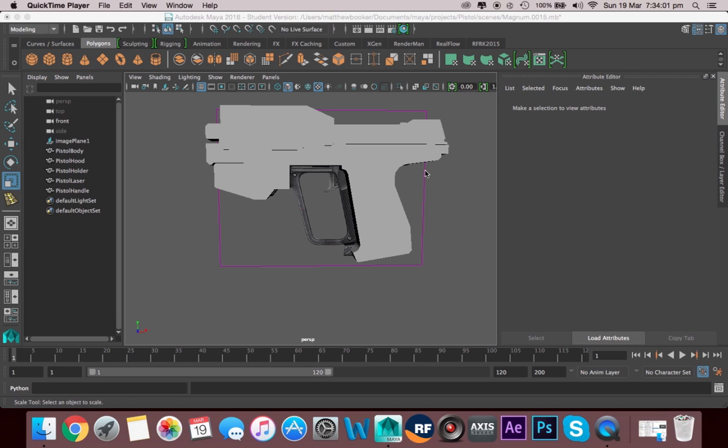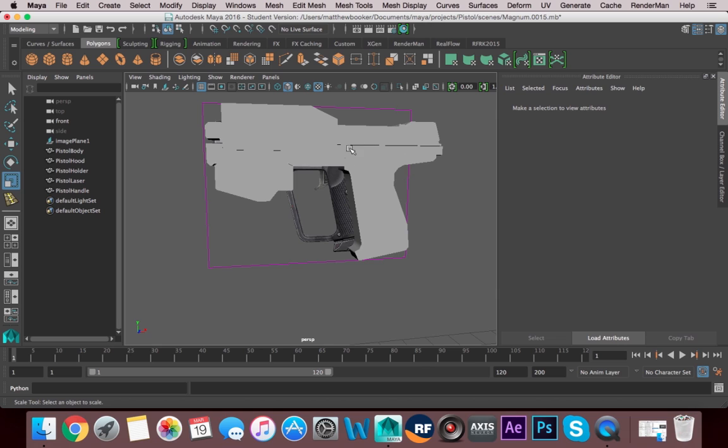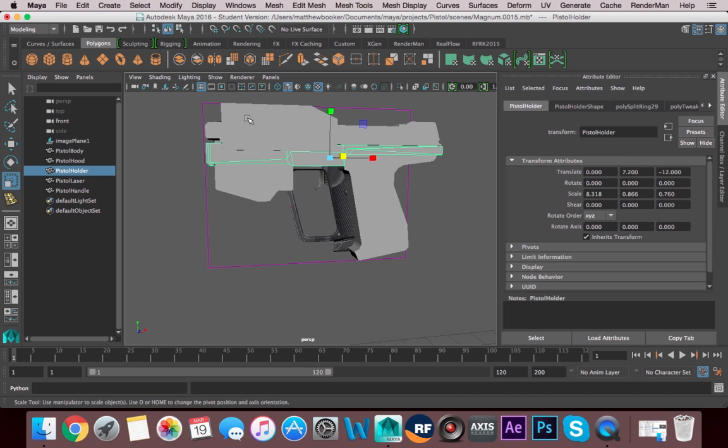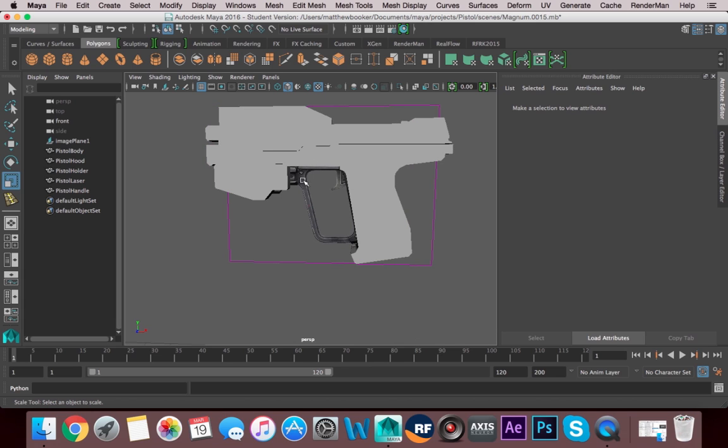Okay, I've done both the laser pointer and the handle of the gun using the same techniques I've been showing you before, just the vertices, basically just sculpting these things based off our reference images. And we're gonna have to do something a bit unique for the trigger handle, since it has basically a huge hole through the middle of it, and we're gonna have to start using